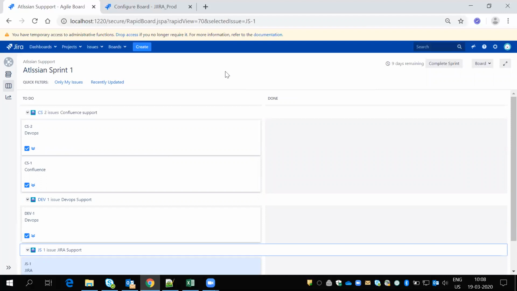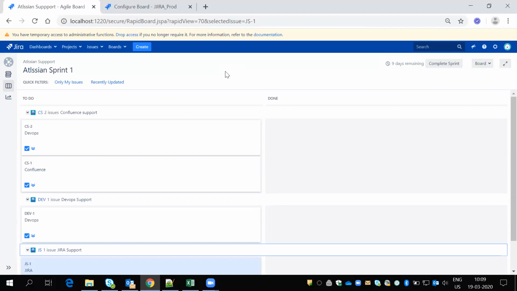Suppose you have any fixed version to release at a particular time, with a particular date, and you have to manage your three or four projects in the same filter. See here, we have three projects. I need to put all of these into one board. So if any ticket is created in these three projects, the same will come to this board. And for one project I can also create three or four boards.